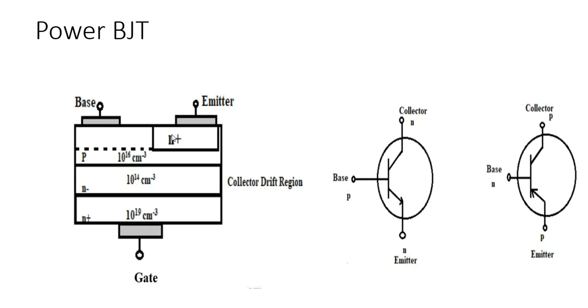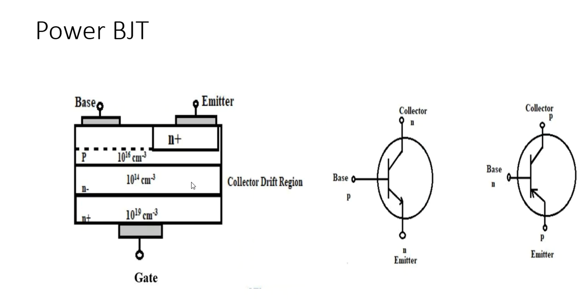Here this is an NPN transistor. See here, N plus, P and N plus, it's an NPN transistor with N minus. So this is an NPN transistor with a collector drift region, or separation, between the P and N layers. This separation increases the breakover voltage, the voltage required for the transistor to conduct. For example, in a diac or triac, you would have seen the breakover voltage, which in a diac has to reach 30 volts before it starts conducting. Similarly, in power BJT, this is the breakover voltage.